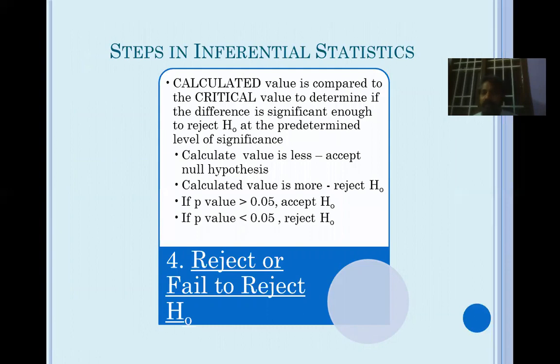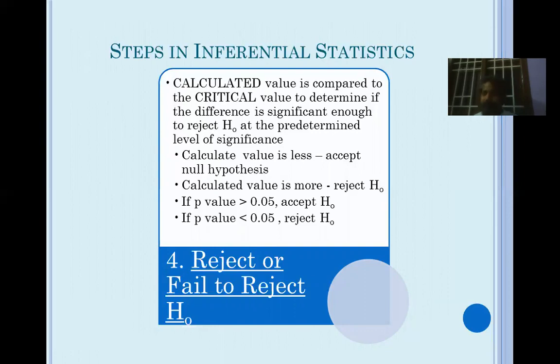Right. See, the p-value you have got out of your statistical analysis, if the p-value is less than 0.05, then the null hypothesis is rejected and the alternative hypothesis is accepted. Suppose the p-value you got as a result is more than the significance level of 0.05, then the null hypothesis is accepted.